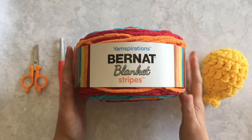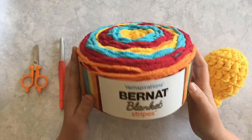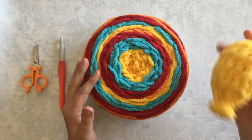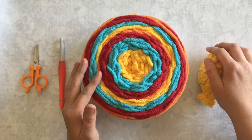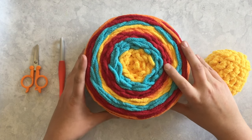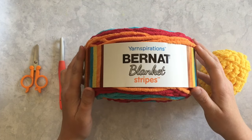They're really cool. Last year, Yarnspirations came out with Bernat Blanket Brights, and that's when I wrote the pattern. And they came out with all these awesome bright colors of their classic Bernat Blanket yarn. And they had it in the big skeins, and it was harder to find, but they did make it in the small skeins. But now this year, I'm really excited because they've come out with these Bernat Blanket stripes, and